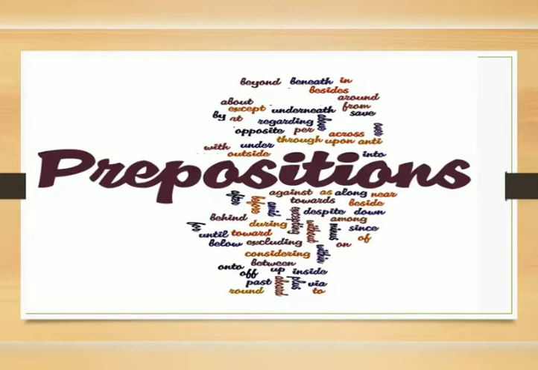Do you know, children? 90% of us have played hide and seek in our childhood. In that game, the seeker used to find out the locations where the hiders hide, and the last hider used to be the winner. At times, our friends help us by indicating the location of other hiders, like behind the tree, in the garden, under the bed, and so on. In this, behind, in, under are the prepositions that show the position of the objects or nouns. In the subsequent slides, we'll understand prepositions and their use.